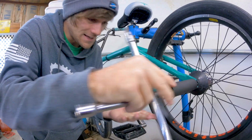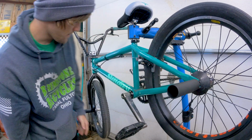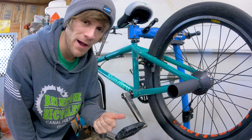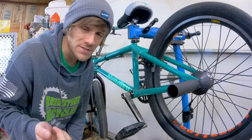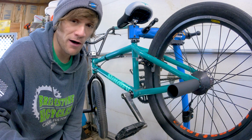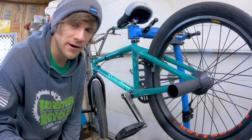So that's pretty much it. We got the pegs on there. They're fresh, they're new, they're going to grind great. I'm excited to go and try them out for the first time. Probably going to be outside at the skate park, so I'll do some grinding there. That video probably won't come out for a while, but it'll be a nice reminder in a month or two